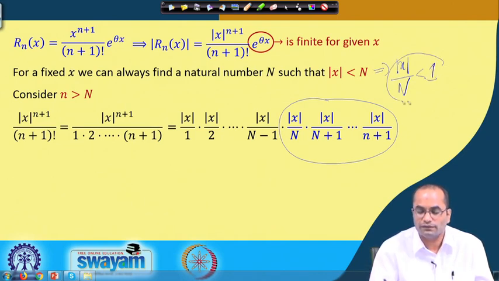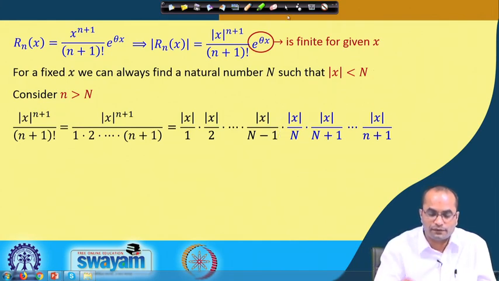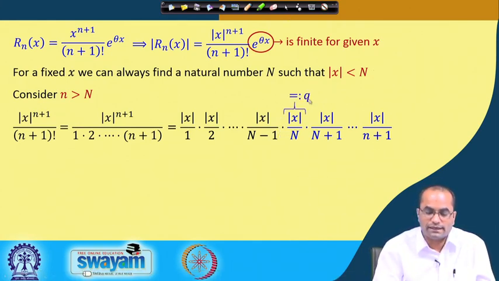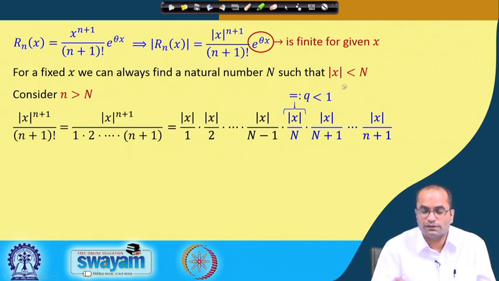The absolute value of x divided by N is less than 1. And now, if we assume this as a number q, so we have a q here, and this is in fact divided by N plus 1, so this is less than q, and all other terms here are less than q. Again you note that this n was bigger than N, so we have gone up to this n plus 1 term. So, this N will be somewhere in the middle, and this q we have noticed because the absolute value of x divided by N is less than 1.